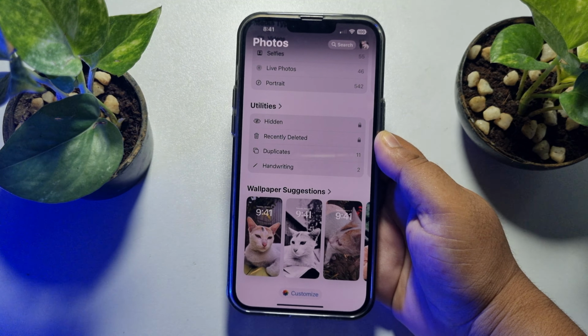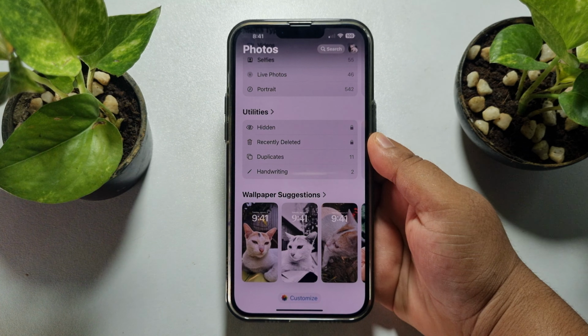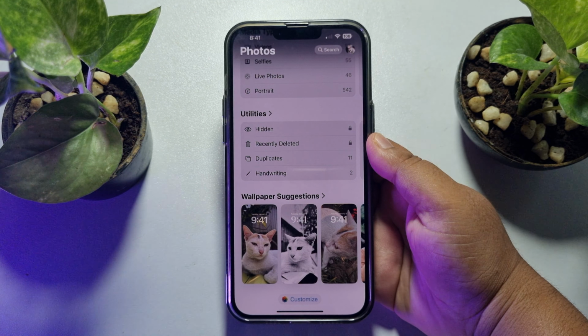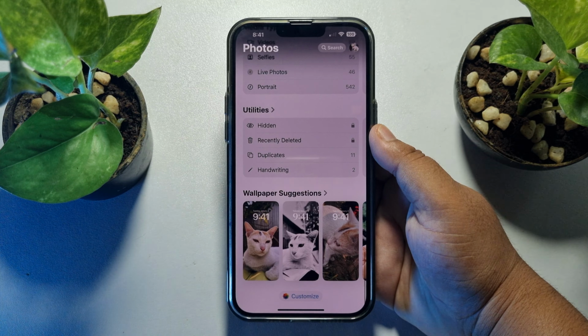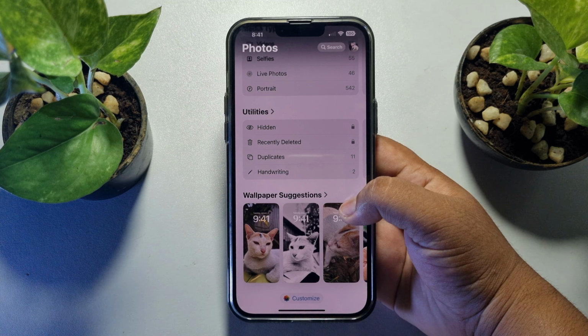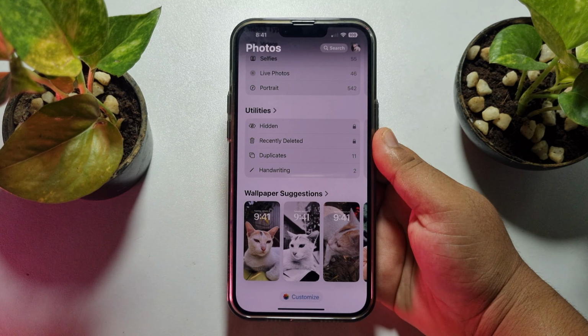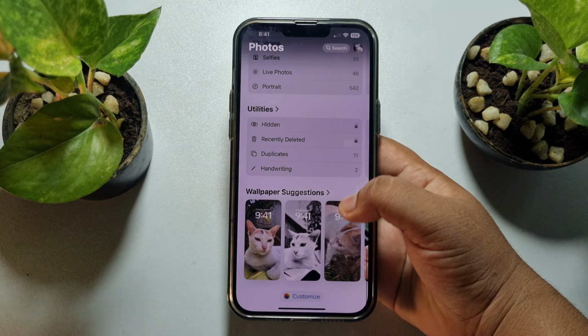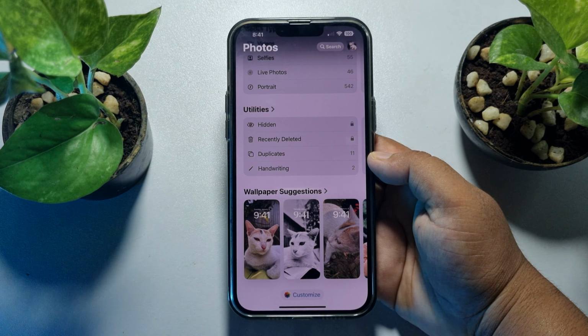Hi, this 5-minute solution is going to show you how to stop photos appearing in the wallpaper suggestion in the Photos app in iOS 18. As you can see right now, I'm in my Photos app and here we can see the wallpaper suggestion section. Now if you want to remove this wallpaper suggestion section from your Photos app,